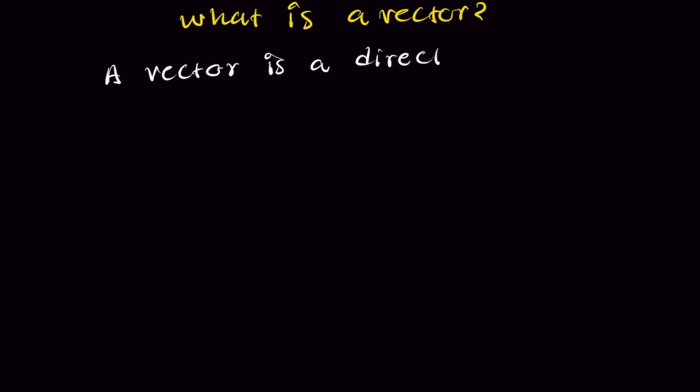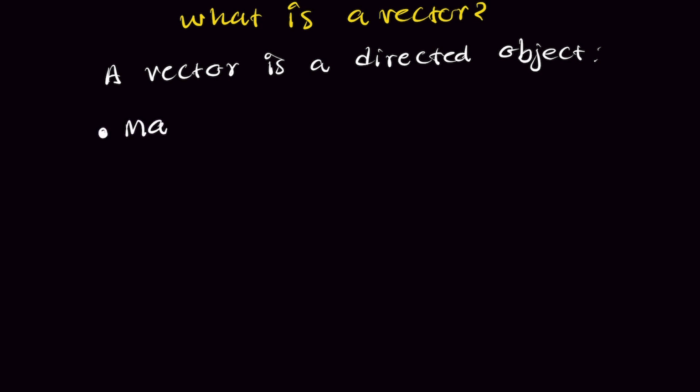What is a vector? So a vector is a directed object that has two properties: